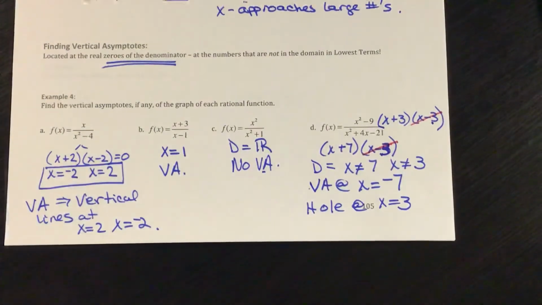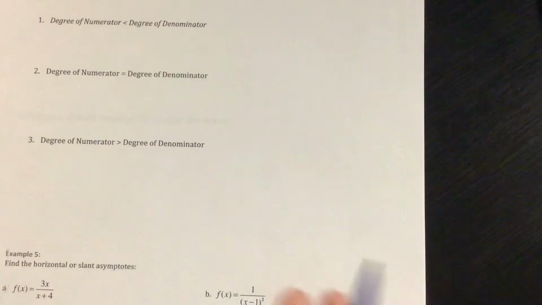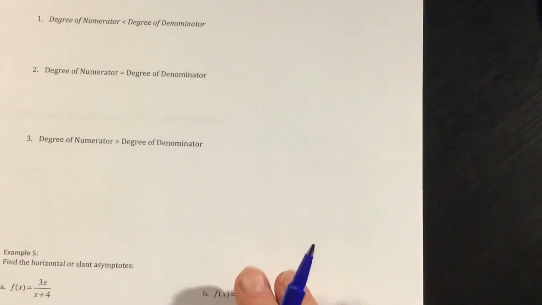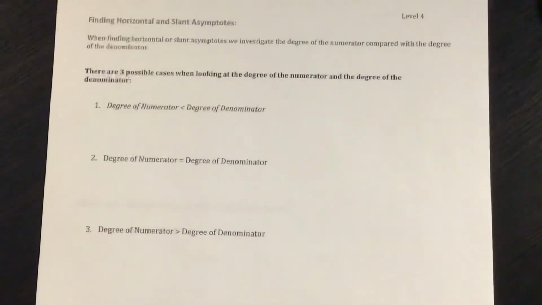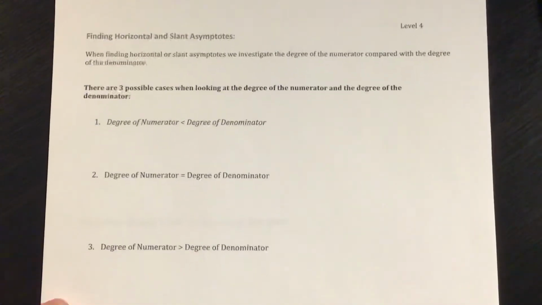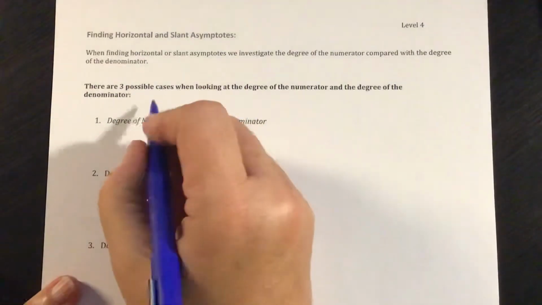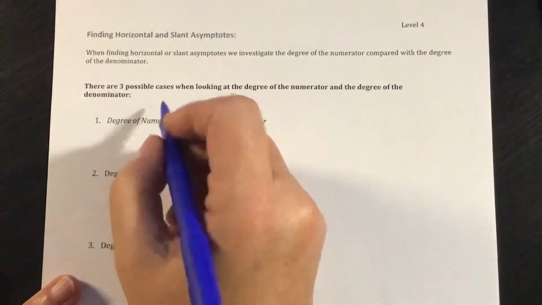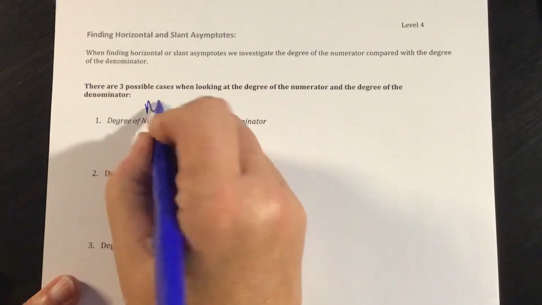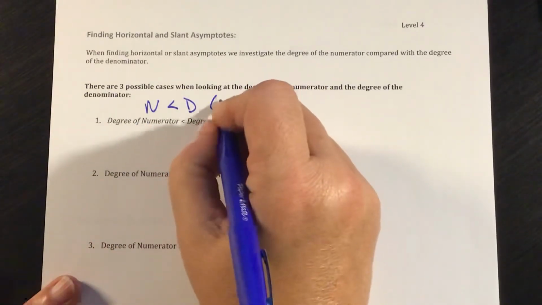All right, so now we're going to move on and look at finding horizontal asymptotes. When we're finding a horizontal asymptote or a slant asymptote, we have to look at the degrees of both the numerator and the denominator, and we're going to compare those degrees. So if the numerator is smaller than my denominator, which means the denominator is bigger,